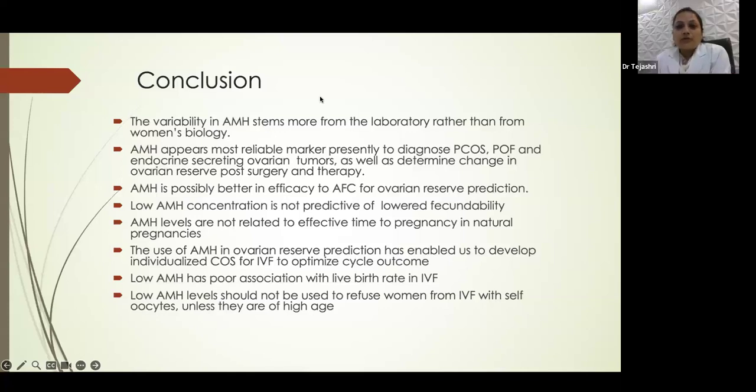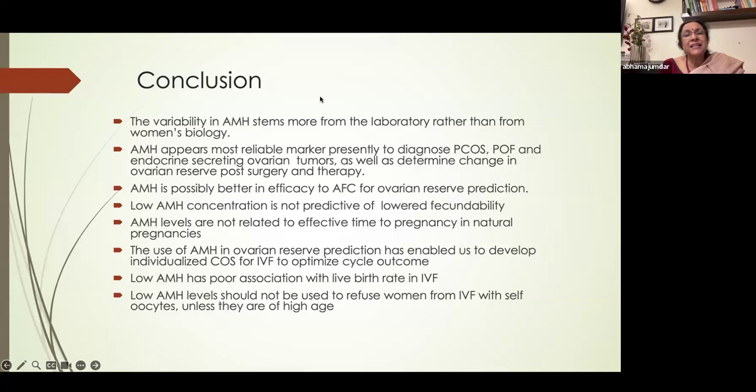Ma'am, Dr. Manjusha wants to know whether DHEAS helps to improve AMH or oocyte quality. I think DHEAS should be considered more as a nutritional agent. Like in the afternoon when I spoke on PCOS in adolescents, inositol does improve the metabolic risk of PCOS, but it is a nutritional agent. Same way, DHEAS is used as a nutritional agent. And how can it improve AMH or oocyte quality? It can just maybe